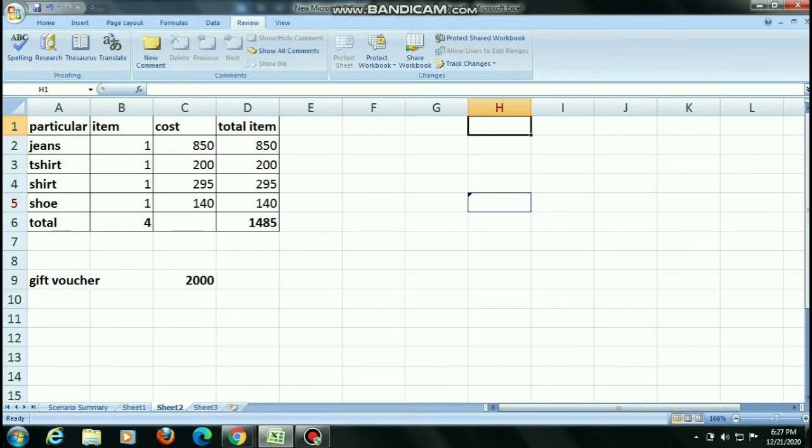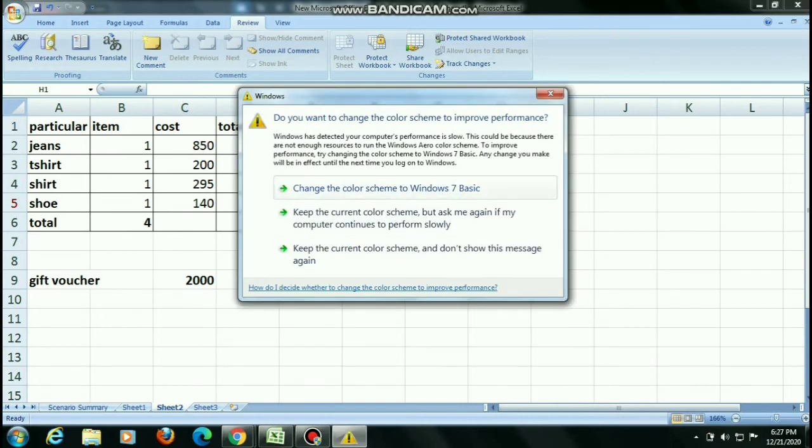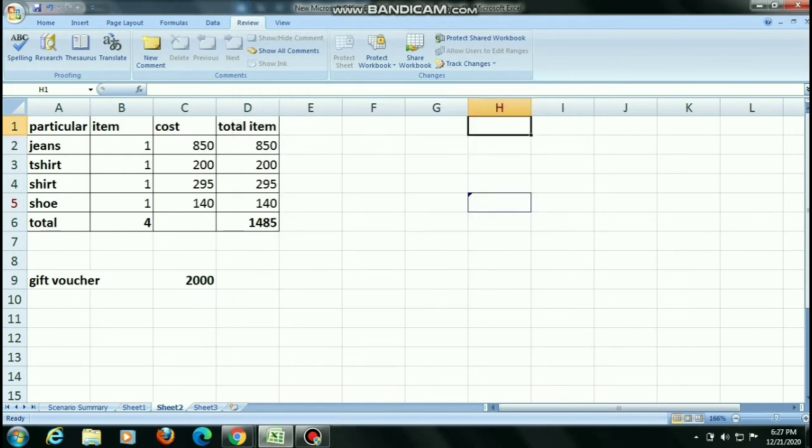Same, this feature is available in Word also. It tracks the changes. Suppose this is my worksheet and I am giving this worksheet to you people, and now you are making changes in my worksheet without my permission. Here in my worksheet you don't know that I have already enabled track changes, and you are making changes here. So whatever changes are done by any user will be defined by this track changes option.